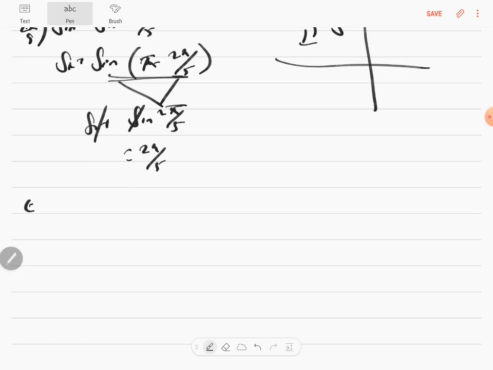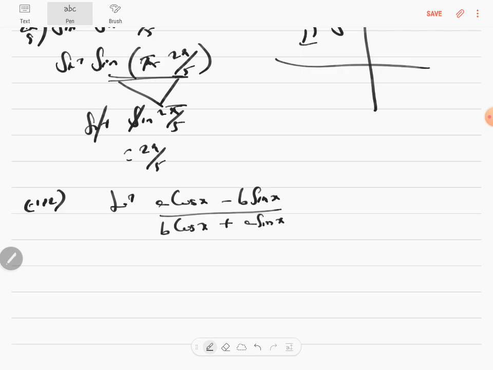Then is example 12, which is tan inverse of (a cos x minus b sin x) by (b cos x plus a sin x). As soon as I see cos x minus sin x by cos x plus sin x, I know I have to divide throughout by cos x, but I'll divide throughout by b cos x to ensure I get a 1. So when I divide throughout by b cos x, I'll get a by b minus tan x by 1